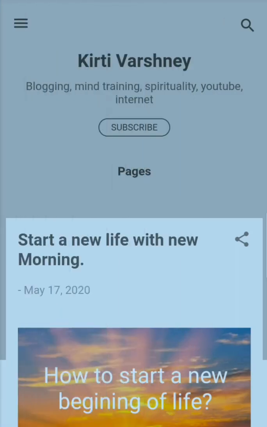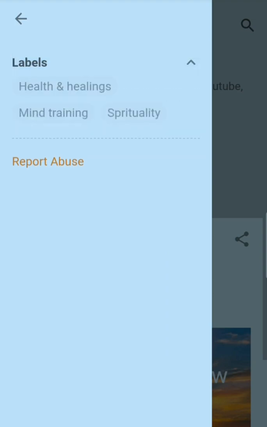Actually, I have changed the theme just now. That's why it is not showing my pages. So I will have to set my pages. I will have to move these pages properly.